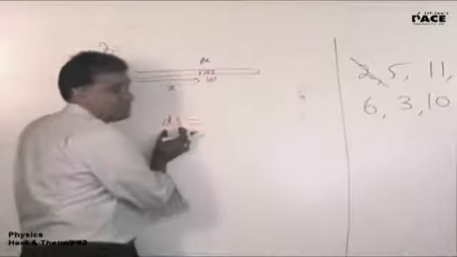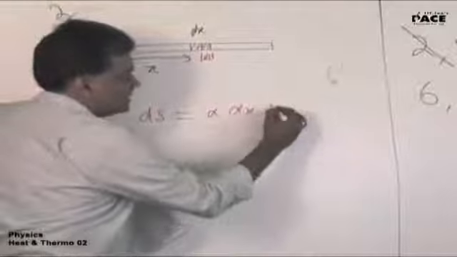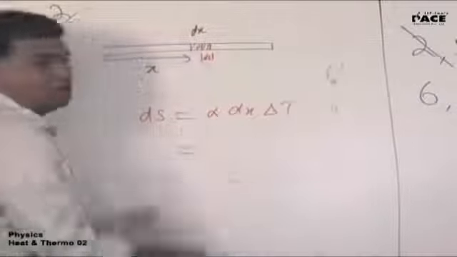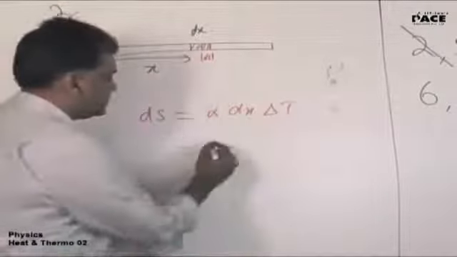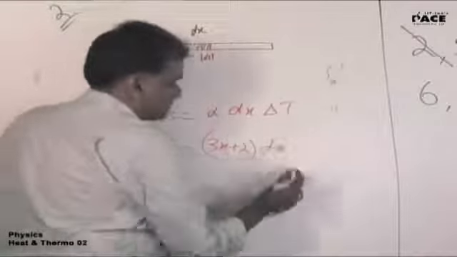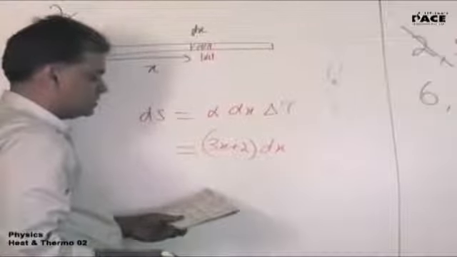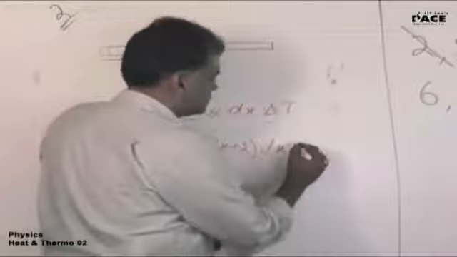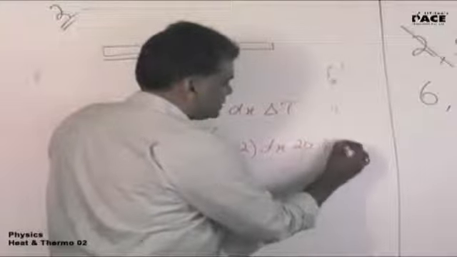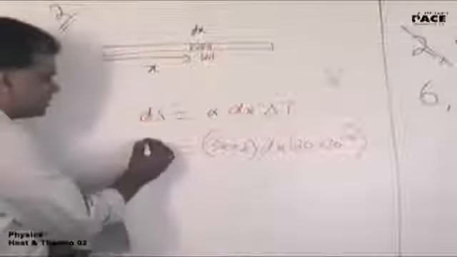This extension delta L will depend upon alpha, the original length, and delta t. Alpha is a function of x, so you get (3x plus 2) into 10 to the power minus 6. Delta t is 0 to 20, so this is 20 into 10 to the power minus 6. Now this is your stretch